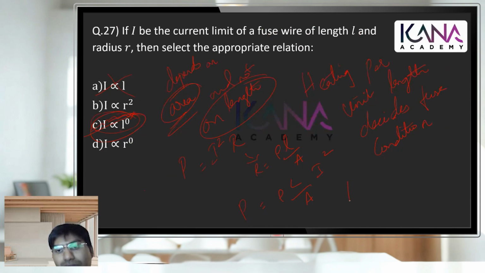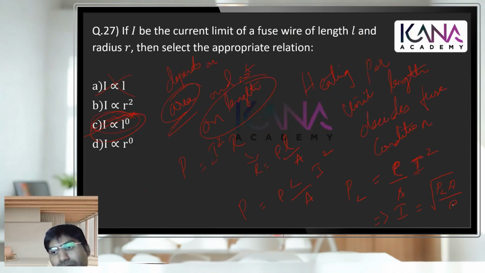So when we look at heat released per unit length, if we divide, this relationship will become, sorry, rho by A then I square. Okay, so this means I is equal to square root of PA